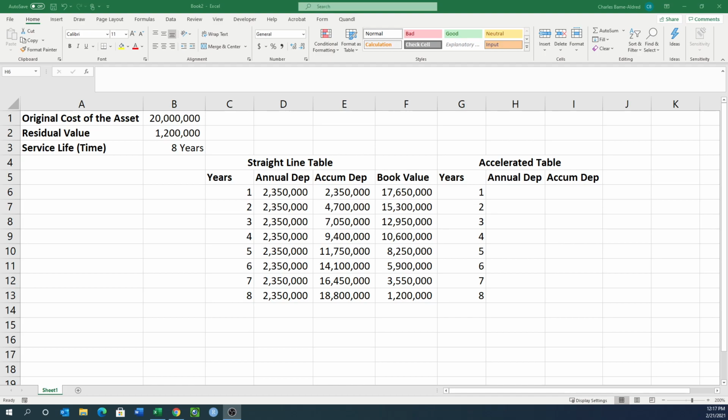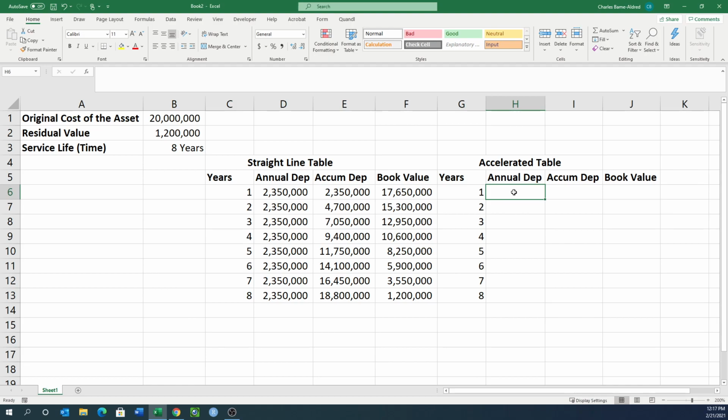Now let's create the accelerated method. Let's see if we can do this. And we're probably going to put in the book value again. So let's put that in now. And make sure that's wide enough. So my annual depreciation for this, I decided as an estimate that this is going to depreciate at 2.25 times